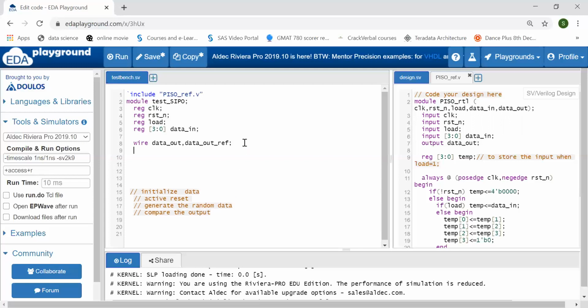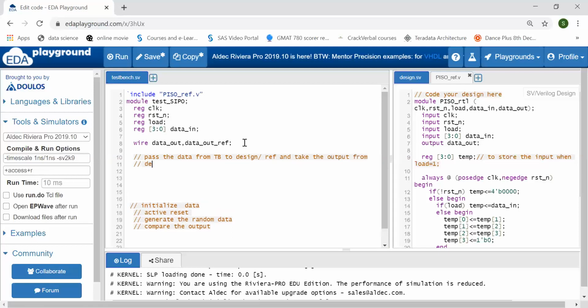Now, passing the data from the test bench to the design or reference model and taking the output from the design as well as the reference model is done by your instantiation.